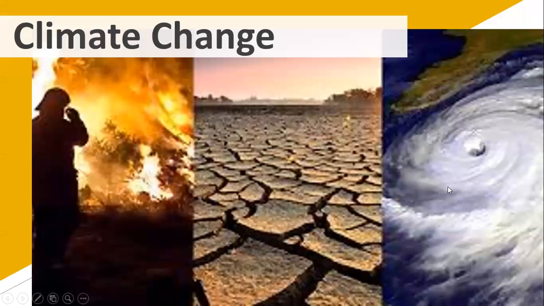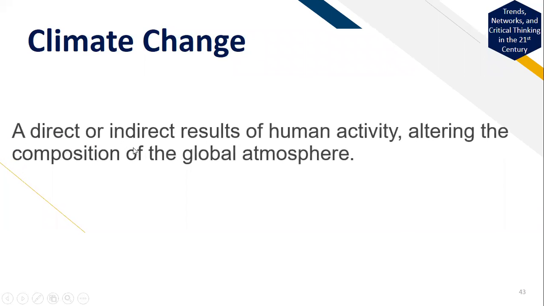Okay? So next of course, climate change. Okay? So ito na yung last concept. Okay? So pag sinabi natin climate change, this is a direct or indirect result of human activity altering the composition of the global atmosphere. So alam na natin to sa climate change, no? So sabi nga, no, we still have 9 years to address effectively the drastic and climatic changes that climate change will bring about come 2030. Okay? So again, pag sinabi natin climate change, ito yung pwedeng direct or indirect results of human activity.